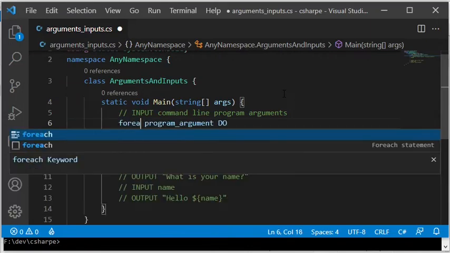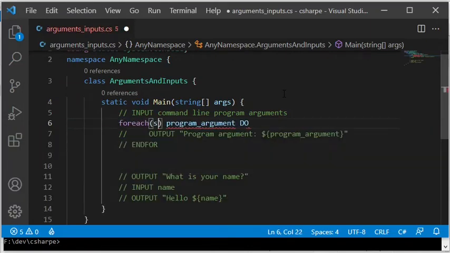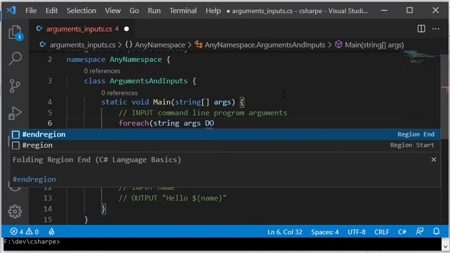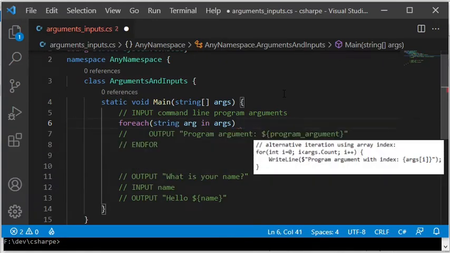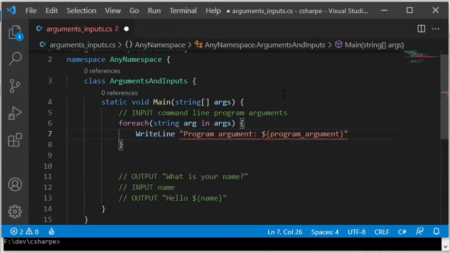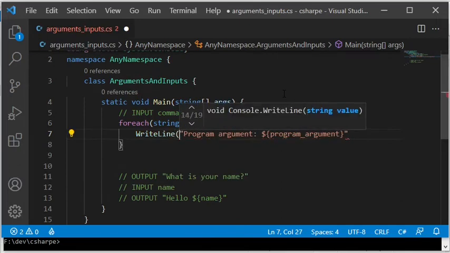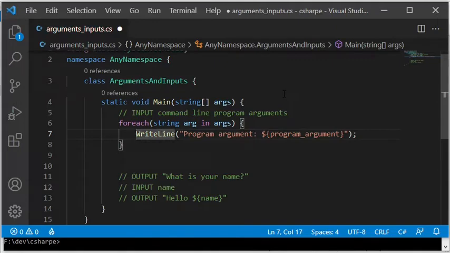First, I am replacing the for loop in the pseudocode with a C# foreach loop. But an alternative would be to instead iterate over the array index with a for loop. The output statement in the pseudocode is replaced with a WriteLine method, and here I do not need to write Console.WriteLine, thanks to the previous using static System.Console at the top of the file.